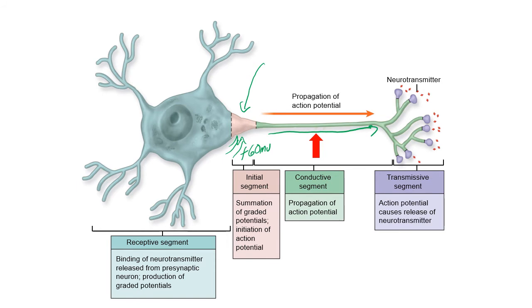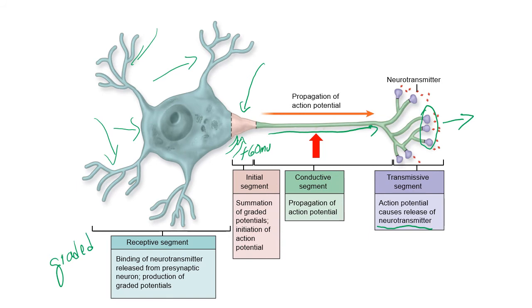And we're going to get to the transmissive segment here. This is where this one neuron is going to pass, in a sense, its information onto the next cell. It's going to tell the next cell to do something, typically by releasing neurotransmitter. So it's going to release a neurochemical onto the next cell, and that's going to tell that next cell to act. All the rest of this neuron here is part of its receptive segment. This is where we're going to have different connections to other cells. Those other cells are going to make their connection there, and they're all going to create